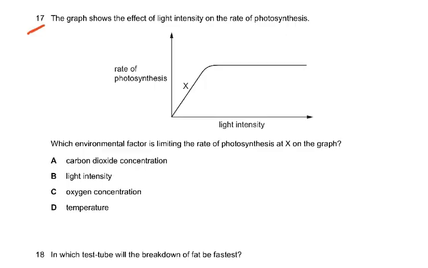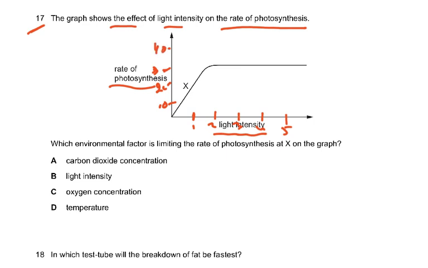Starting with question number 17, the graph shows the effect of light intensity on the rate of photosynthesis. So you've got rate of photosynthesis here, which is the dependent variable, and light intensity, which is the independent variable. So say you have one 100-watt bulb, then two, then three, then four, and then five, and so on. And the rate increases by 10, then it increases by 20, then it increases by 30, whatever, 30 oxygen produced or whatever. So the rate of photosynthesis can be measured either by saying, okay, volume of oxygen produced per unit